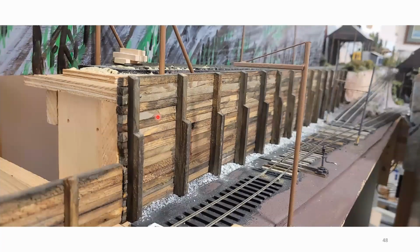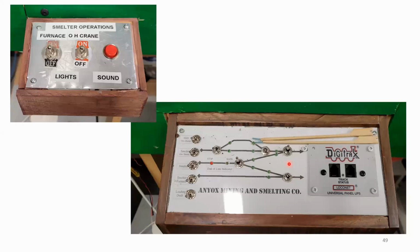Now we get to the switchback, which takes you up to the upper level. This is the high line level there. And this is the tail track between the zig and the zag. This switch stand here is for appearance because it's actually an automated switch tortoise machine underneath it. And here you'll see the controls. There's the low line going to the slag pile. Here is the zig and the zag going up with the